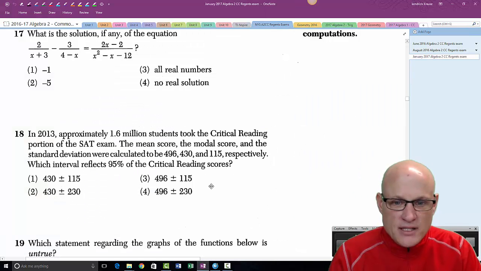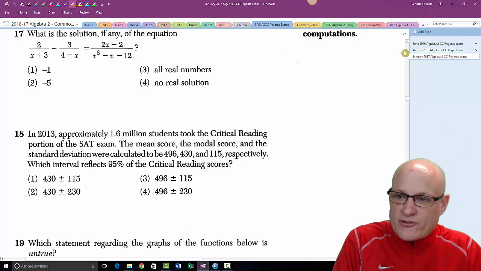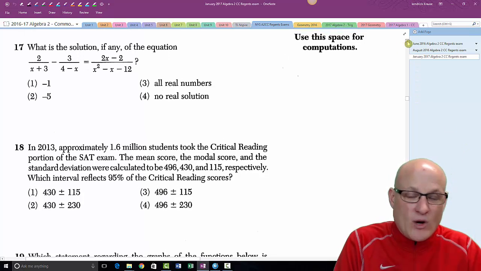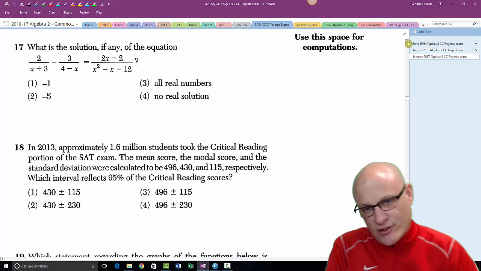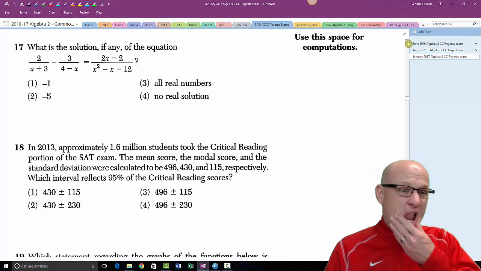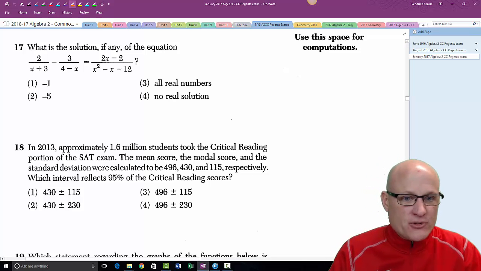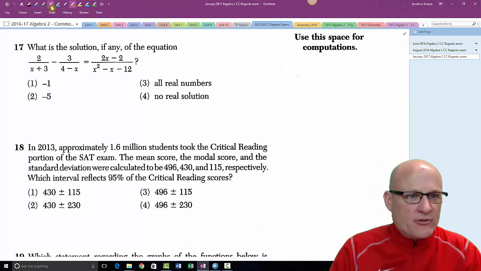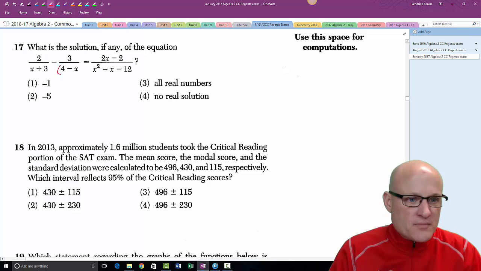All right. One of my favorite kinds of questions is this one. First of all, if you missed this question, shame on you, because quite frankly, this problem is so easy to do using your calculator, I don't even know what to tell you. But let's not use our calculator. Let's do it this way. So how do we do it not using our calculator? Well, first and foremost, that's backwards.